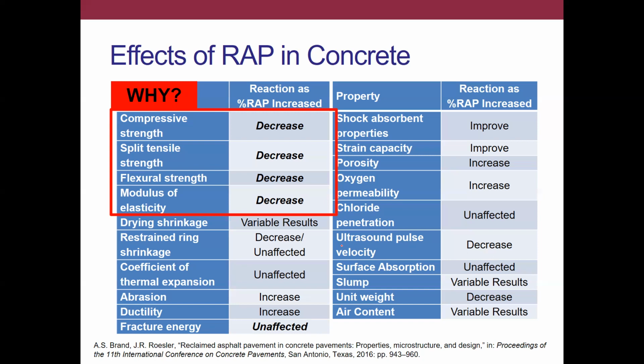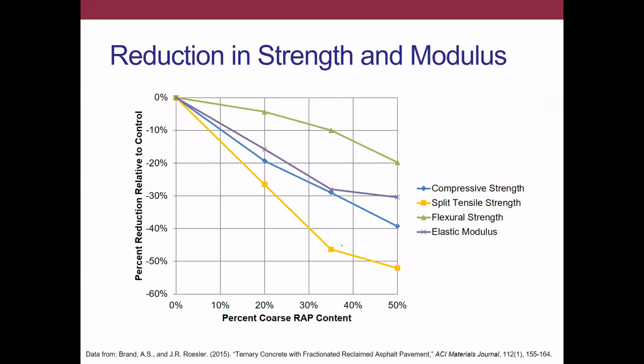Regardless, the focus of the remainder of this presentation is really the assessment of why is this happening, right? Because once we can establish why we see this reduction in strength and modulus, then we can perhaps start to assess what are some treatment or alternative designs to mitigate that, all right? And just to put some numbers here, so this is just from one study. You'll see different numbers from other studies as well, depending on the mix design and the properties of the RAP and so forth.